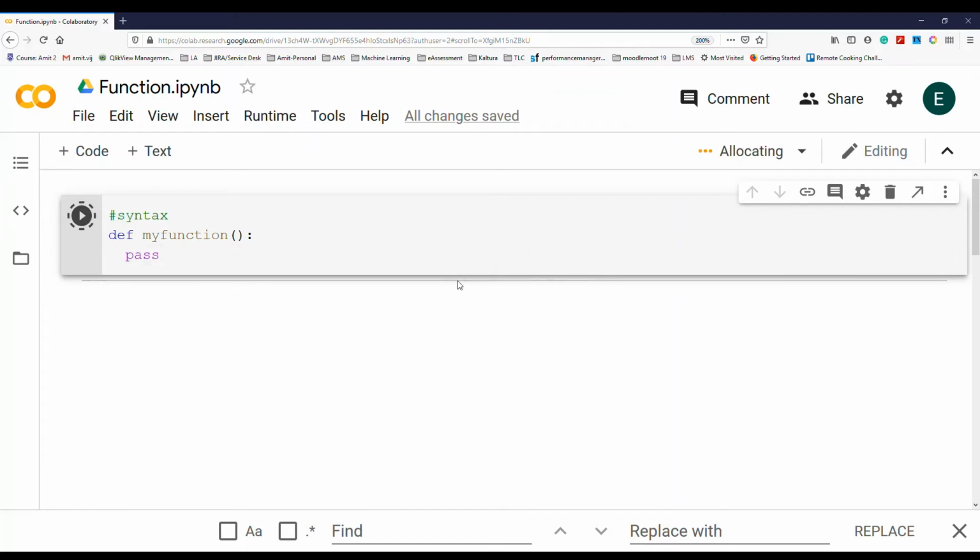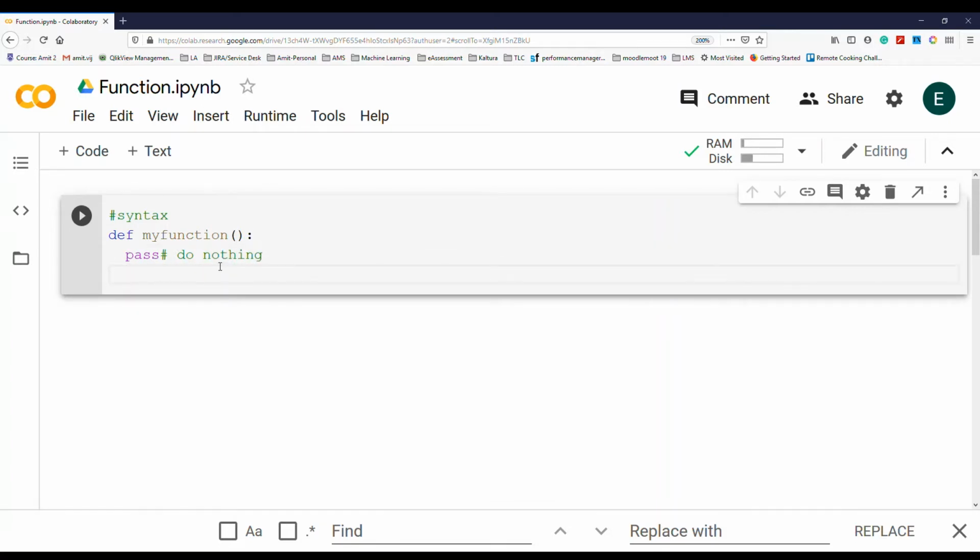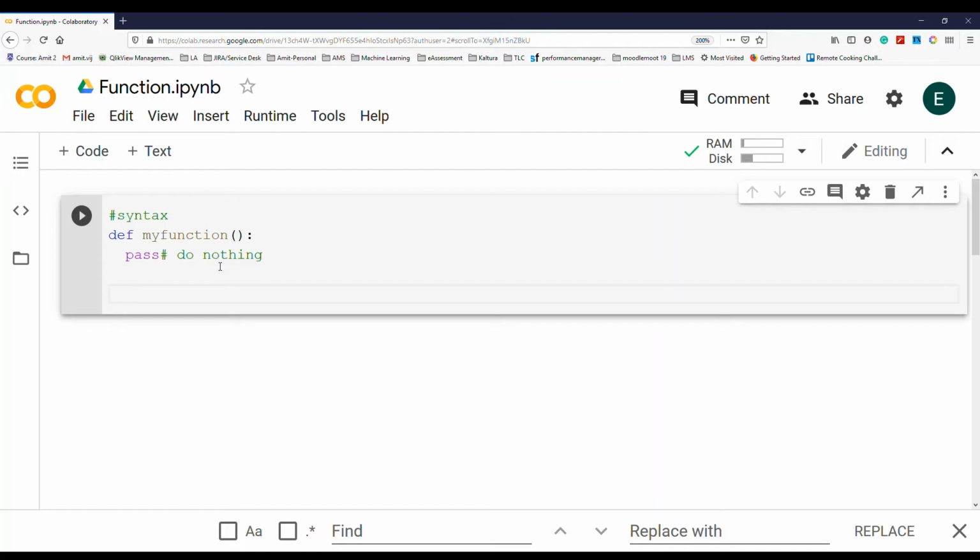Let's try running it. So nothing came out because it is doing nothing. Pass, if you remember from the last video, means do nothing. So moving forward, why do we actually need a function? So for example,